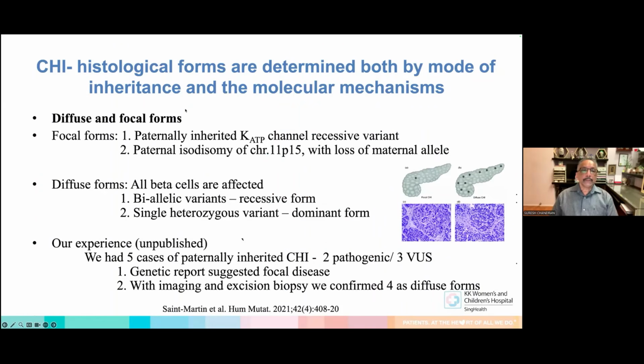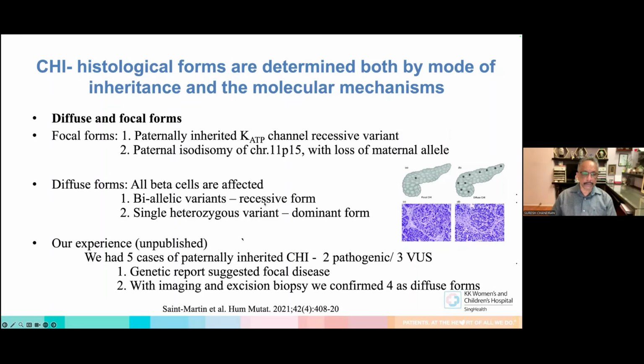So now the question comes about the diffuse and the focal forms. The histological forms, we get it when we take out the samples and analyze them. The focal forms are very commonly paternally inherited potassium ATP channel recessive variants. Paternal isodisomy in chromosome 11p15 with loss of maternal allele. So diffuse forms are all beta cells are affected, and biallelic variants and single heterozygous variants are causing it, both